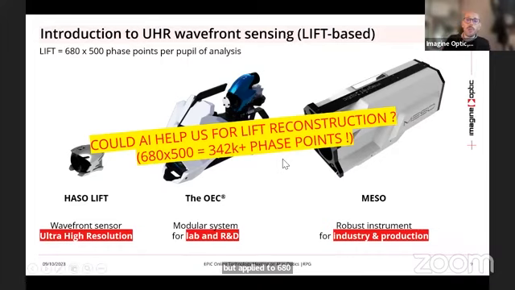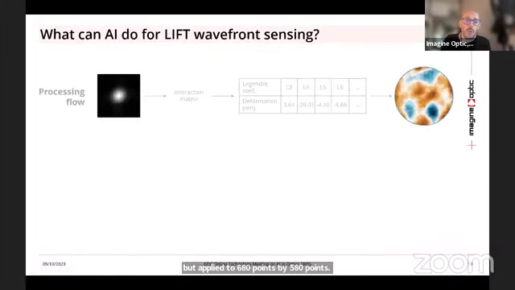So our approach has been to replace the interaction matrix we use on the analysis of each focused centroid